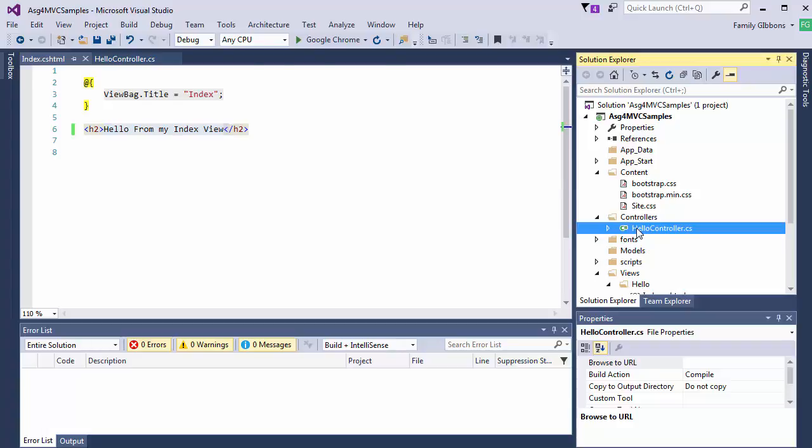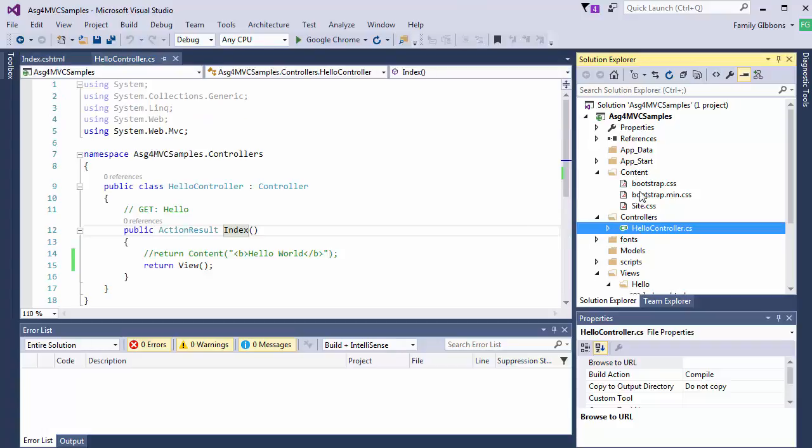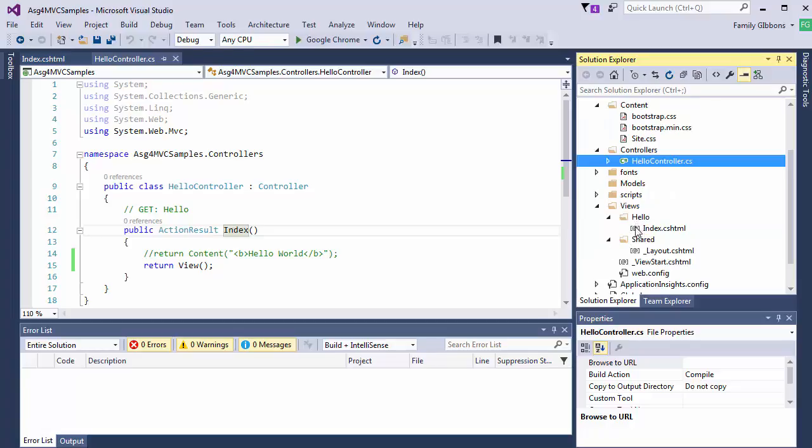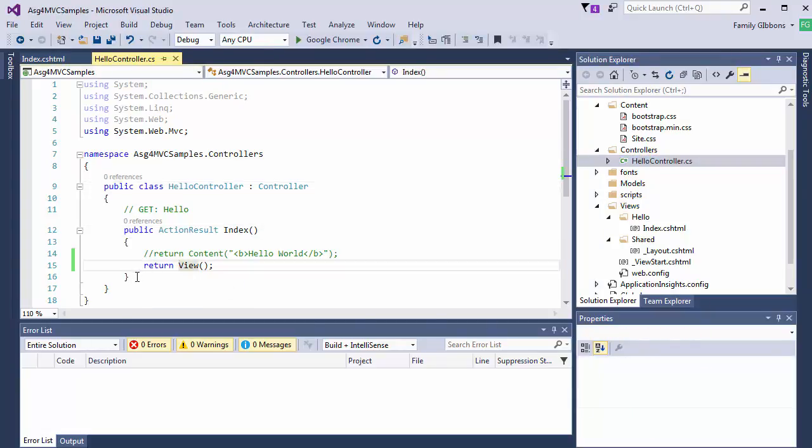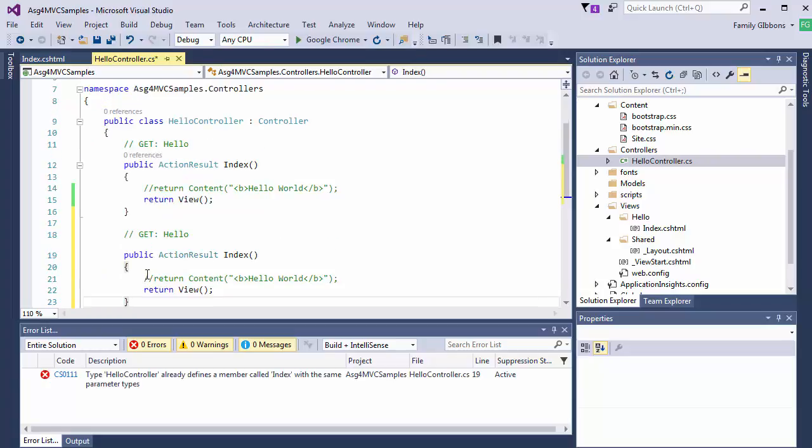Okay, so the controller here is running this, is opening up this view, which is called index, and we can actually create additional views if we want. So I'm just going to copy this index method and make another one that we'll call a different view. They're both going to be get hellos, but this one, rather than index, maybe we'll say